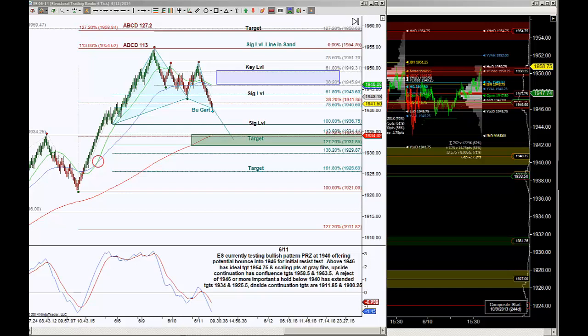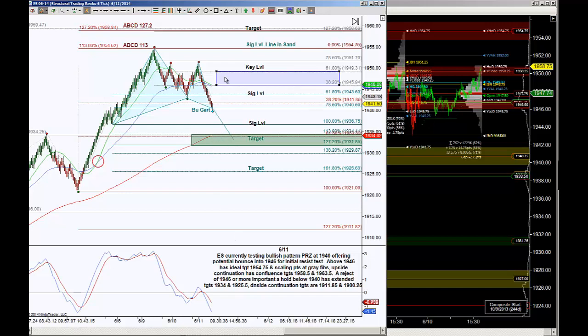ES is currently testing a bullish PRZ at 1940.5. Ideal minimum retracement is 1946. Failure to get there or a rejection there, that's also going to be, notice how the moving averages, there was a bullish cross, now price is below the blue line, so this is an invalidation of the bullish cross and it's attempting to become a bearish cross. So a bounce up into that region of 1946 is going to be a very important resistance